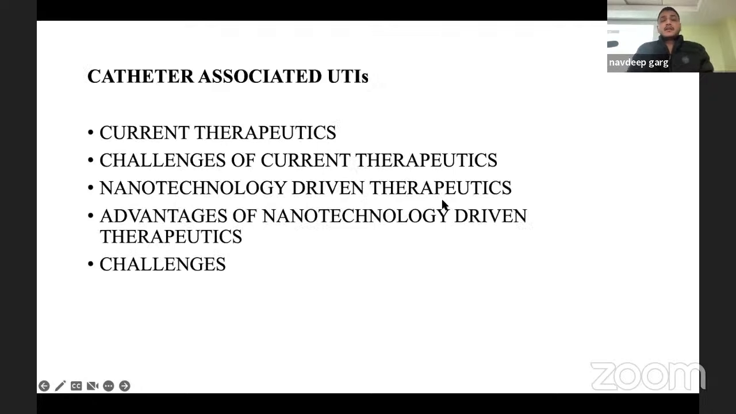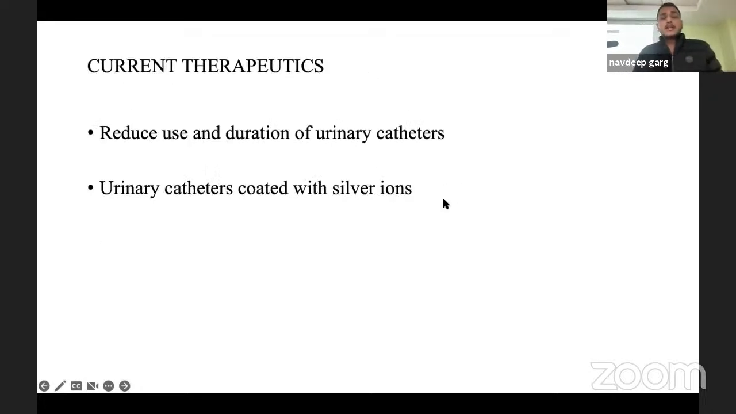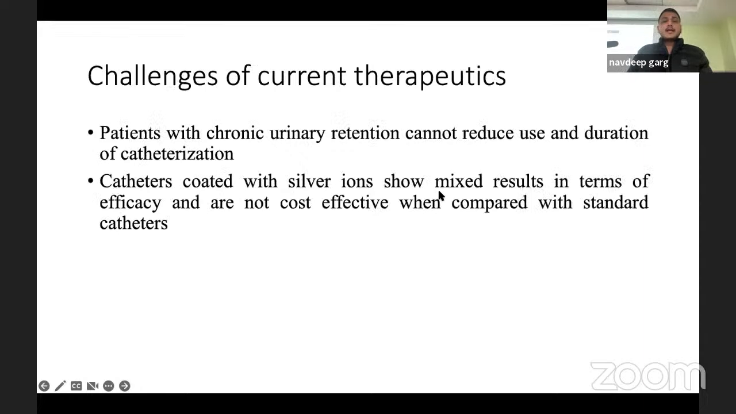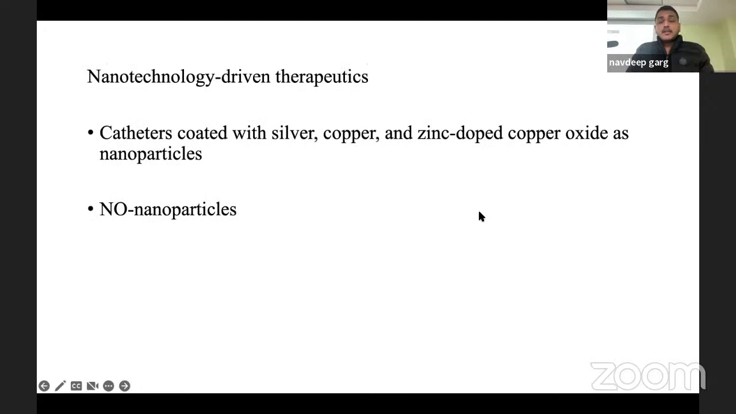Now the role in catheter-associated UTIs. Currently, as we all know, to reduce CAUTI, we can have reduced use and duration of urinary catheters, and urinary catheters coated with silver ions can also be used. The challenges here are that patients with chronic urinary retention cannot reduce the use and the duration of catheterization. Catheters coated with silver ions show mixed results in terms of efficacy and are not cost effective when compared to the normal standard catheters. The nanotechnology here in CAUTI can be used as catheters coated with silver, copper,